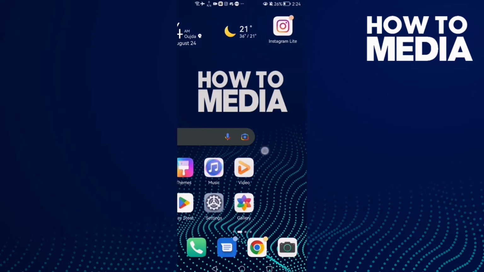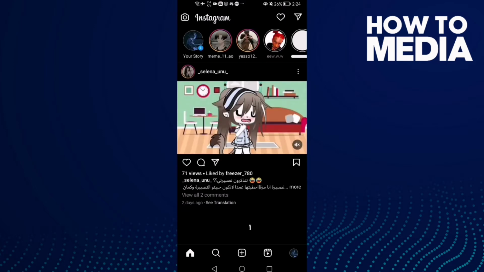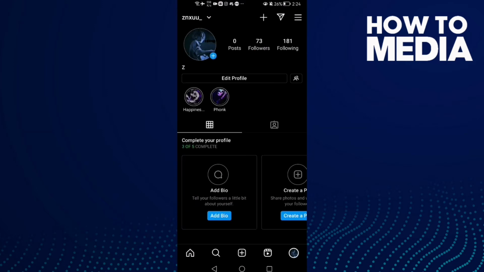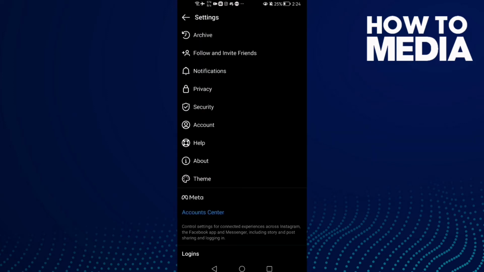In today's video I'm gonna show you how to enable photos and tagged in notifications from everyone on Instagram Lite. First, open Instagram Lite, and here you will find your profile. Here in the bottom corner, click on it and then click this three lines in the top corner, and now click settings and then click